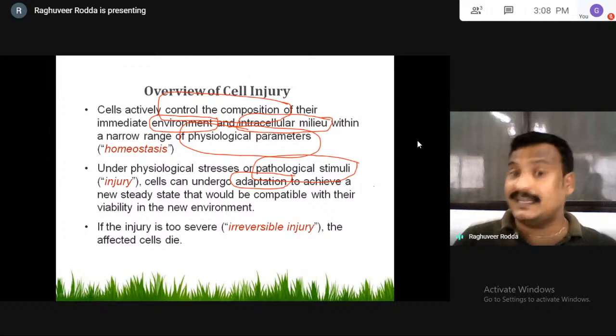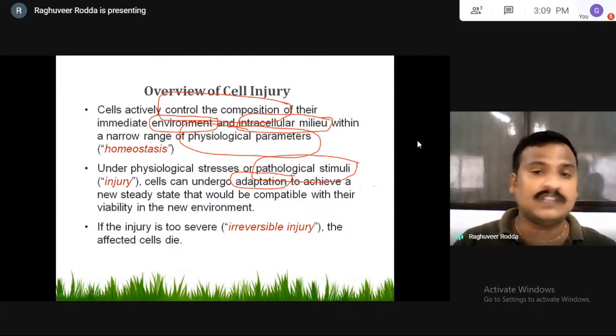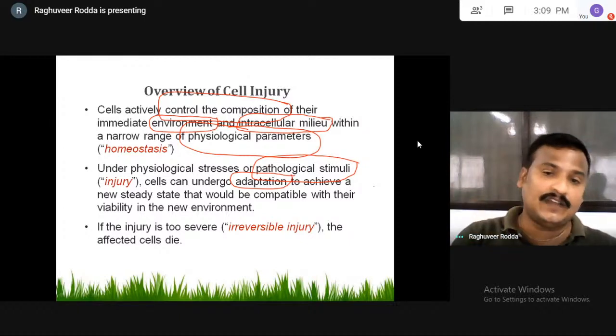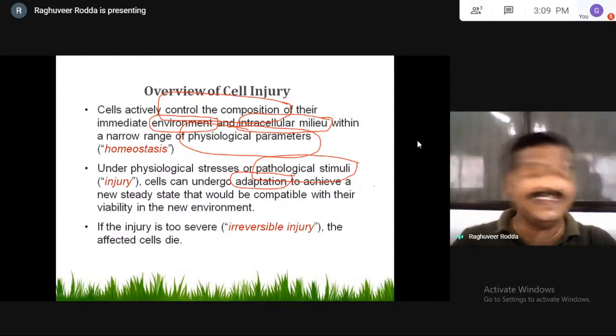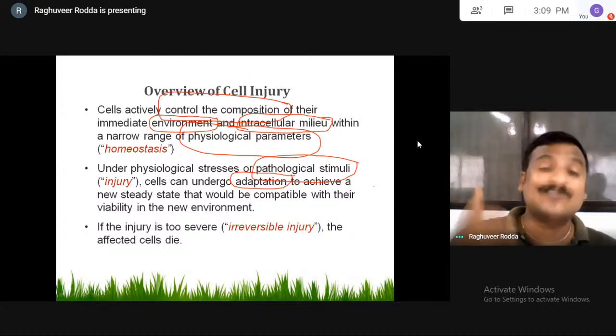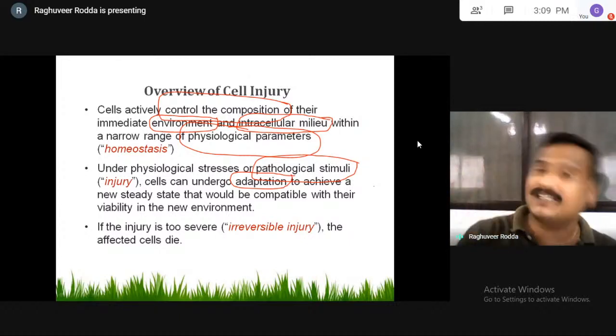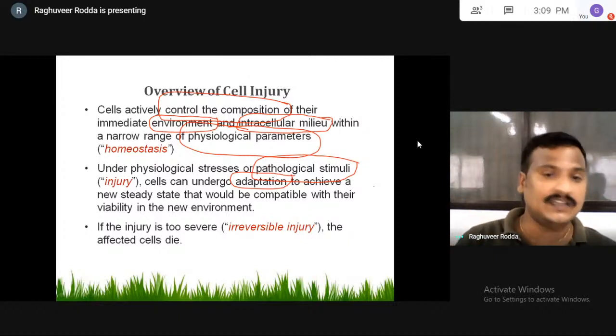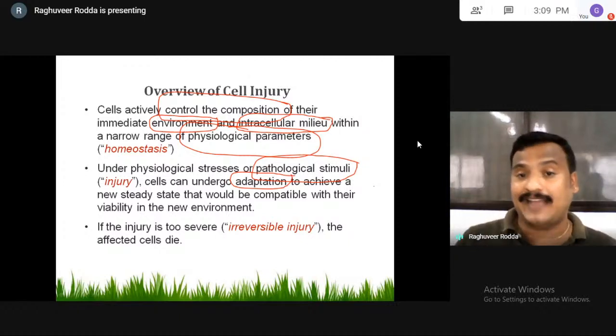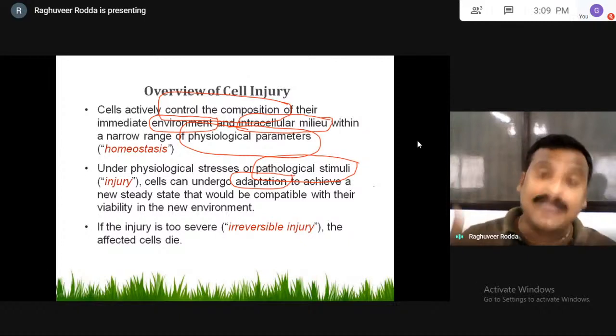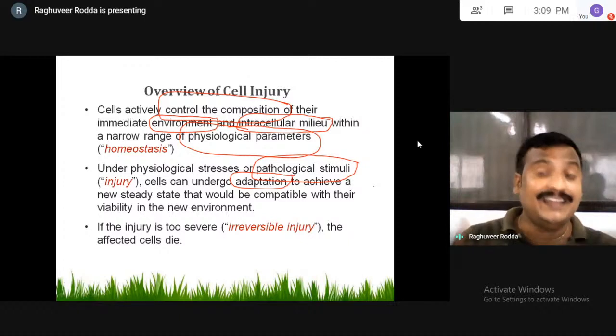For one particular organ or one particular tissue, the cell is a vital structure. So immediately, against the physiological stress and against the pathological stimuli, it should not become calm. It has to fight or it has to adjust. Okay, before dying, it has to adjust to the ongoing situations and the current environment conditions. Such a change is called adaptation. So before going to die, the cell, as it is viable in nature, tries to adjust to the changed environment condition to maintain its viability, or to maintain its physiology, or to continue its physiological function.